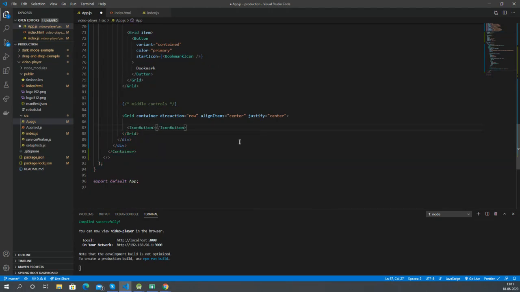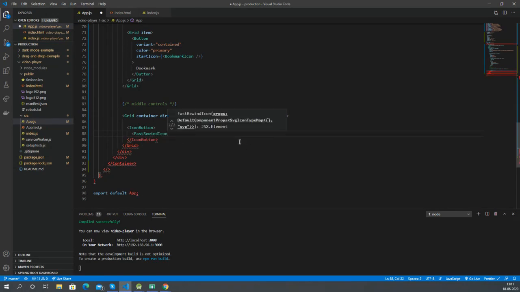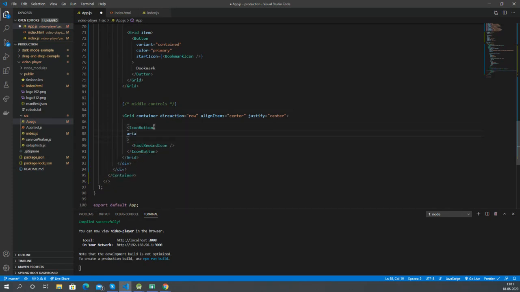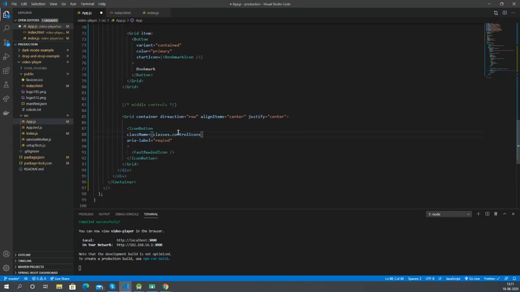So let's give that inside an icon button. We can specify aria label for accessibility. For the class name, let's give classes.controlsButton, controlIcons.